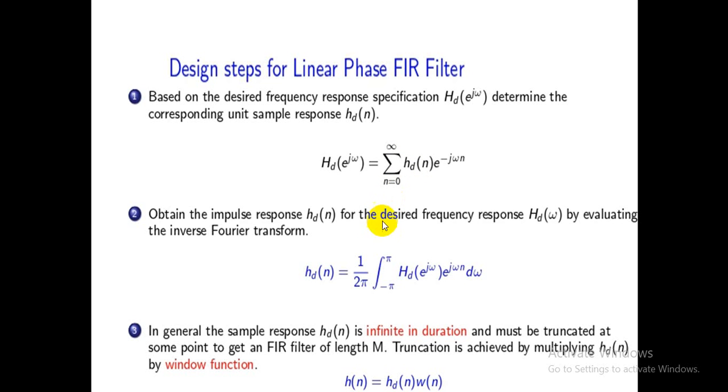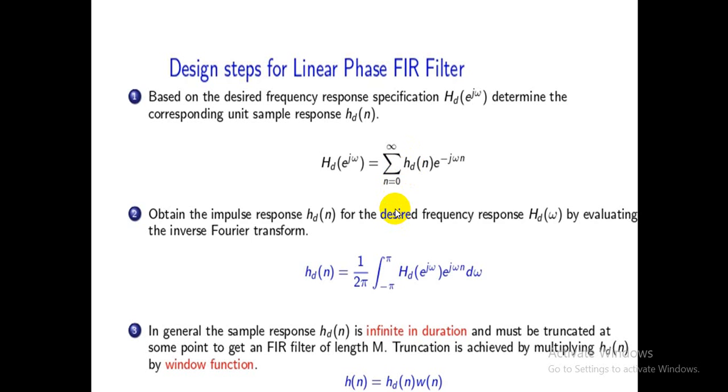problems if we truncate abruptly at M minus 1. You are not going below n equal to 0, right? Why? Because then it becomes non-causal or unrealizable. Therefore you start at n equal to 0, and if you truncate abruptly at M minus 1, we say that this is application of a rectangular window, and any abrupt truncation actually leads to Gibbs phenomenon, and the attempt is to reduce the Gibbs phenomenon.